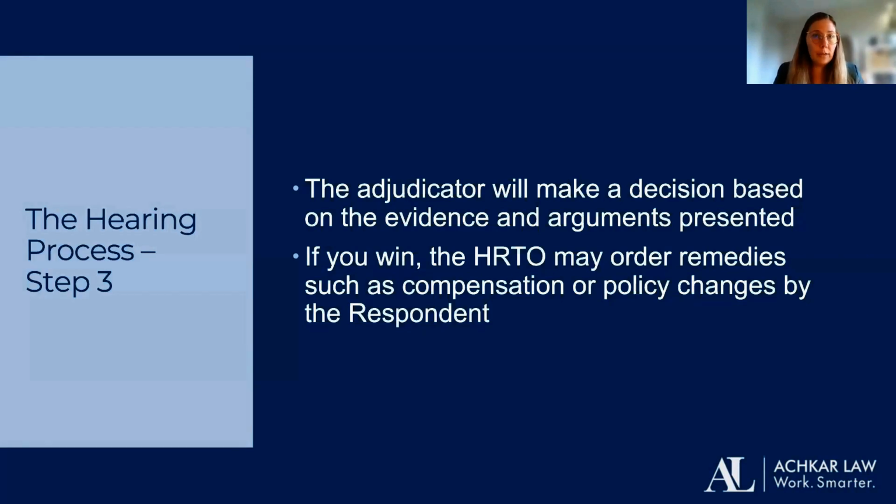And remedies that can be granted from the Human Rights Tribunal are monetary. Obviously, you could get damages for the pain and suffering as a result of the discrimination. You can also get damages for lost wages. Again, this is more on the employment side of things, the wages you lost due to the discrimination. If you were injured at work and you lost out on wages there, you could get those. You could get physiotherapy. If you had to go get physiotherapy and that wasn't covered, you could try to claim that. So those are all captured under special damages.